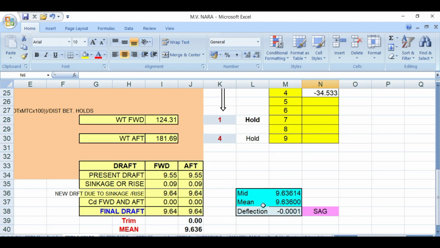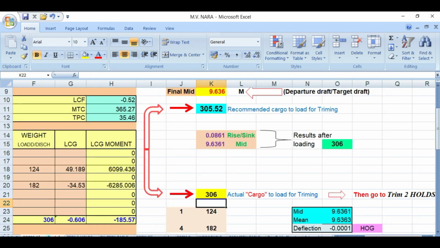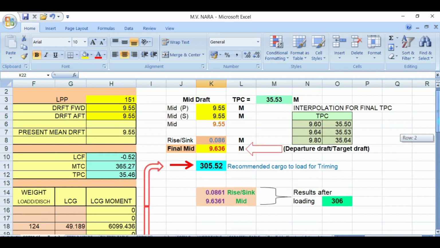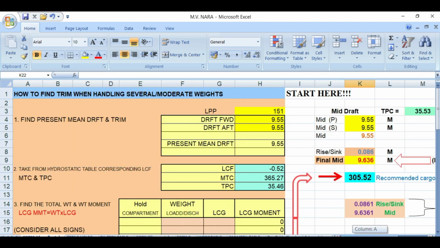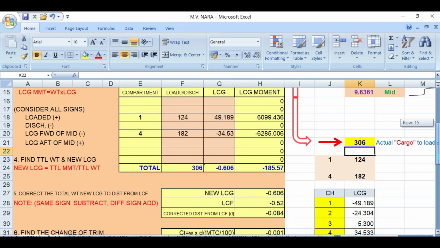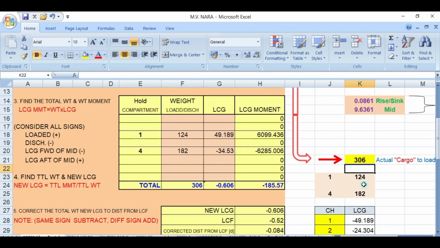Okay. Now we go on the other side. By the way, this program here, it says how to find new trim when handling several moderate weights. Here, number 1, you load 124, which is this one, and number 4 will be 182. Total of 306. So the same here, 306.